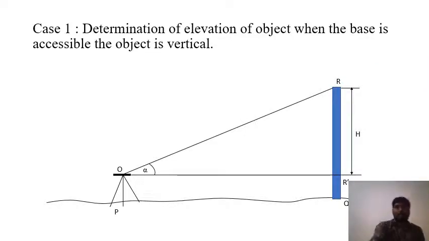Now what we do is observe the top of the building. For that I have to deflect my instrument to the top side. At that time I get this angle. Now this is the height of the instrument, this much height the instrument is set up over here. This is the height of the instrument. This is the patch mark, a prefixed patch mark we have already taken. Otherwise we have to take a fixed object.